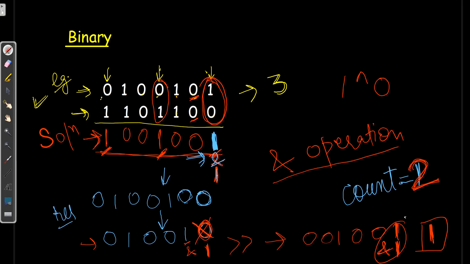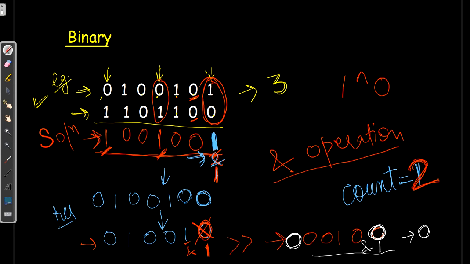And then again this will be right shifted, and 0 will be at the left. Here we will apply the AND 1 operation with the least significant bit. This time it's 0, and 0 AND 1 will give 0. Now again I will right shift, and this 0 will be shifted in on the left. Then I will apply AND with 0 and 1, which will also return 0 again, and we will right shift again.